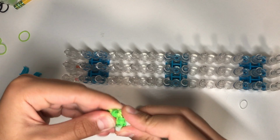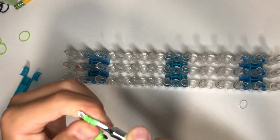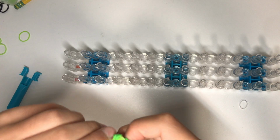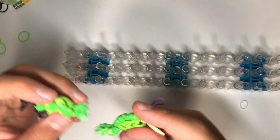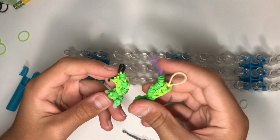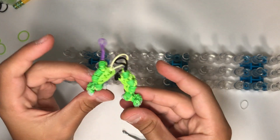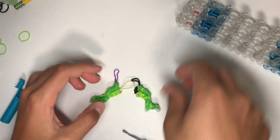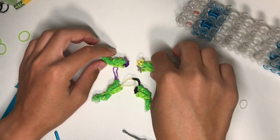So you can adjust it and make it look like the back leg should look, and pull on it and stuff. And I might adjust it some more later, but nothing too special. Just a back leg. So I've got two little back legs. So now, by this point in the video, you should have your 2 back legs, your 2 front legs, and